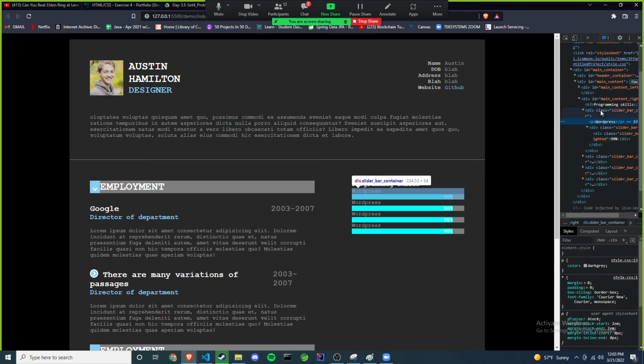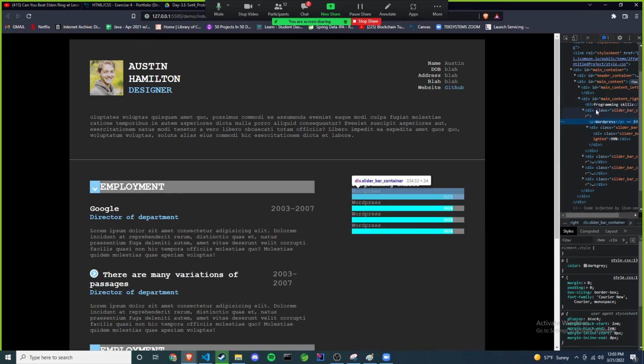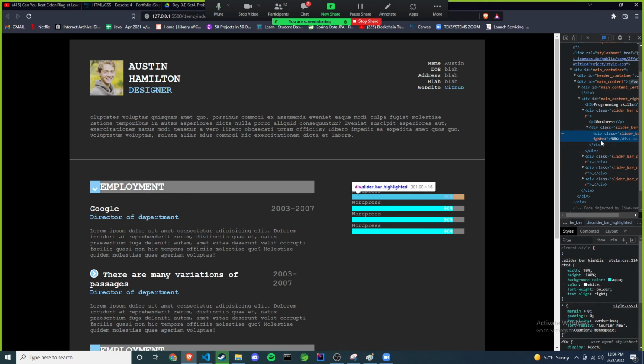Basically, that's defining the size of the whole box. It's taking the size of the main content right container, and it's just using all of it. So this slider, the outer bar there, is taking up the whole width. And by the way, the reason I had to add height to it is because if there's no elements inside the div, it will have 0 pixels of height. And so it just won't display anything. You won't see anything. And then the inner slider bar,